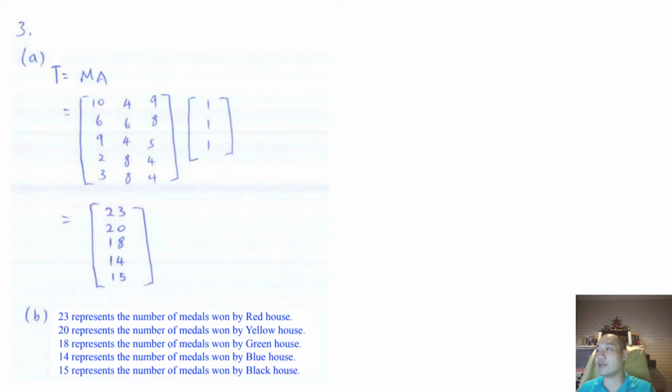Next question, we have the annual sports day. And these are the medals. They give you a table from the medal, right? So these are the houses of the school: red, yellow, green, blue, black, right? 5 rows, 1 row for one house. And then we have bronze, silver, and gold for the columns. So what they want us to do is multiply the matrix M,